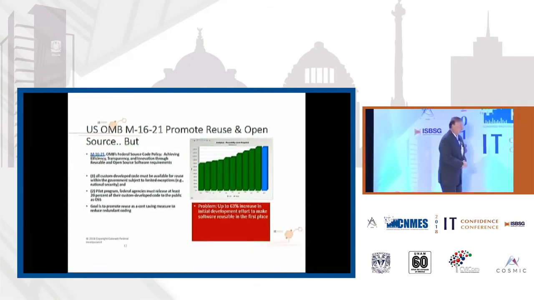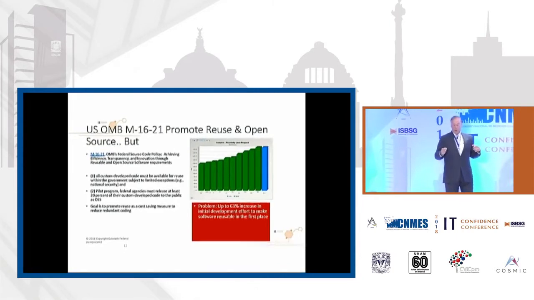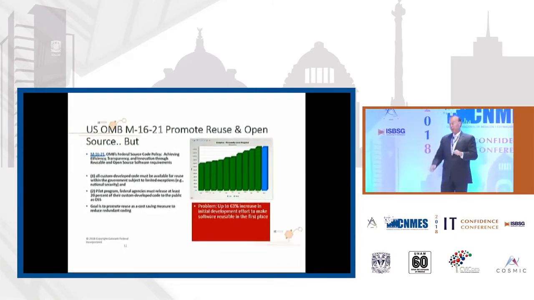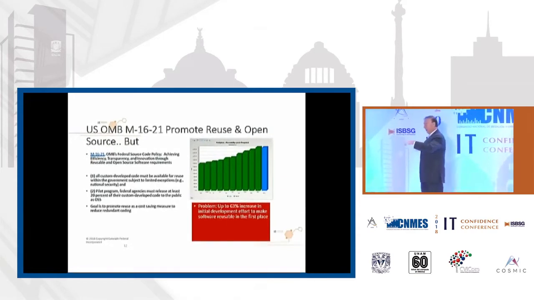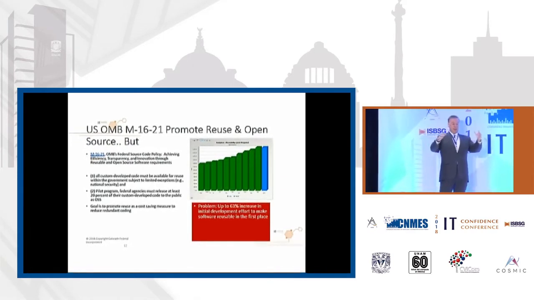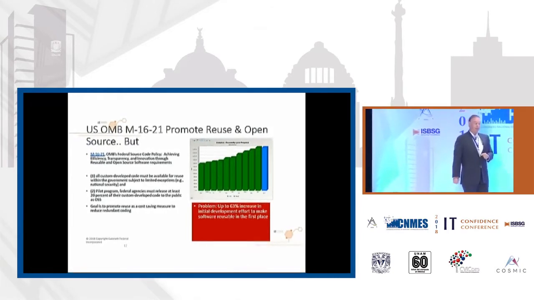In any case, the Office of Management and Budget in the United States government said, hey, we're going to save a lot of money on software. We're going to make all of it be 20% reusable or open source. So if you're building a product, you're required to donate 20% of it as open source into a repository so other government organizations can use it.